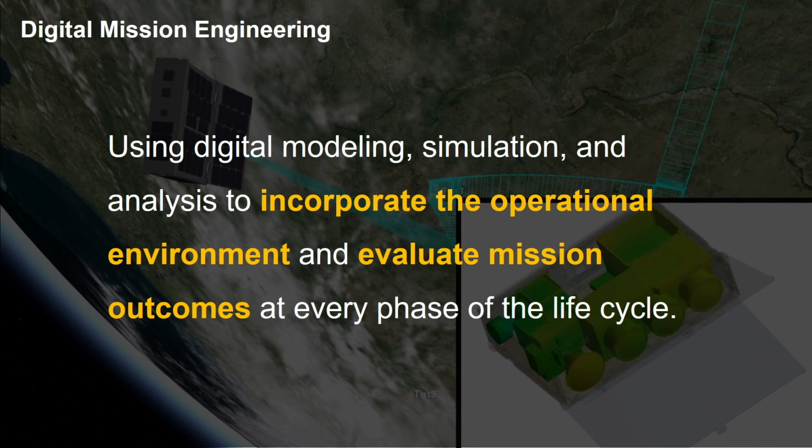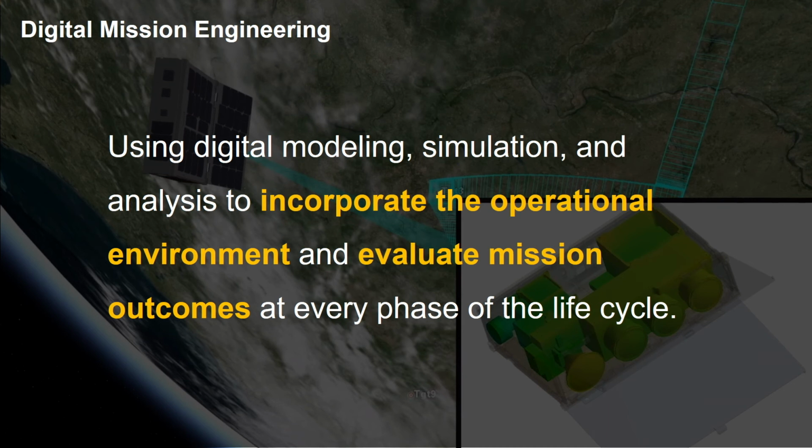Like anything, a term can have a lot of different meanings, but from our perspective, it incorporates four distinct elements. First of all, digital mission engineering is the incorporation of digital modeling, simulation, and analysis. So similar techniques to what we use for engineering simulation or mathematical analysis. But in digital mission engineering, a unique component is that we bring in the operational environment. So we spend a lot of time talking about engineered systems and designing for functionality. What we want to do with digital mission engineering is bring those entities into the physics-based environment in which they're